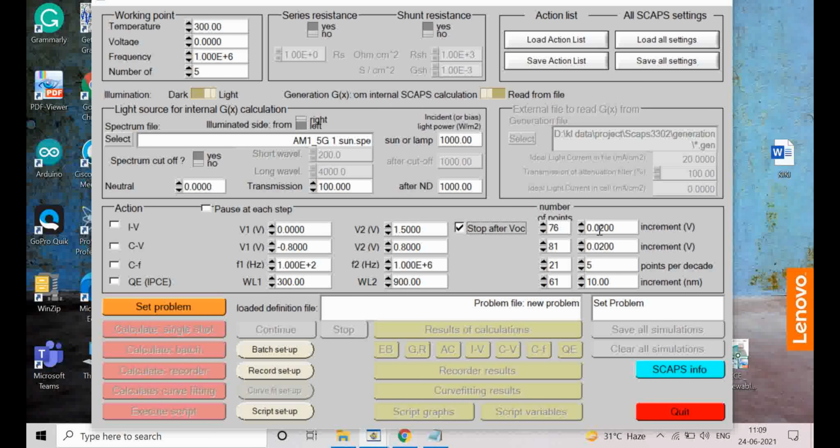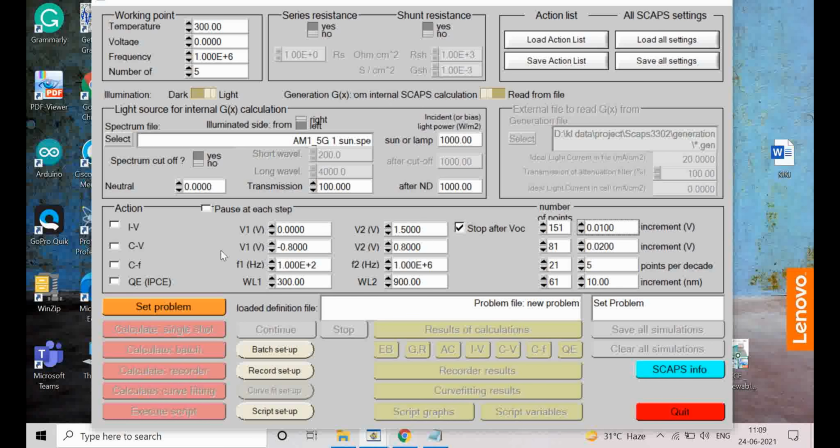So incremental values. The inbuilt default is 0.02, but I want to take 0.01. That gives an even finer IV curve with more detail, so it is always recommended to do this. Below that it will not go, so it's not recommended. You can always go to 0.01 readings. Okay, so that is the IV curve.